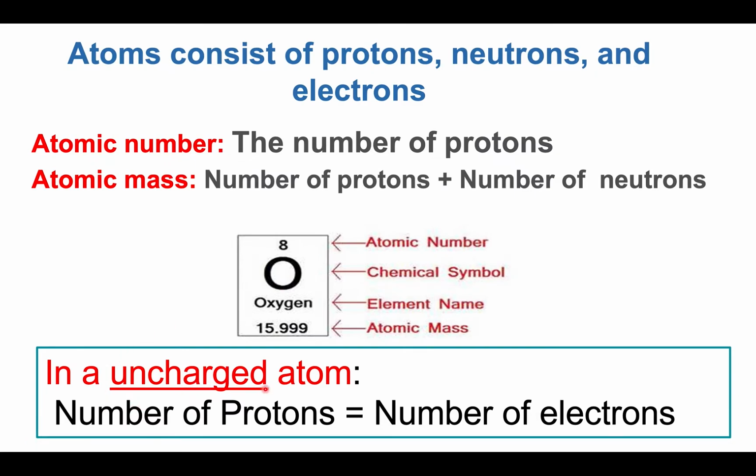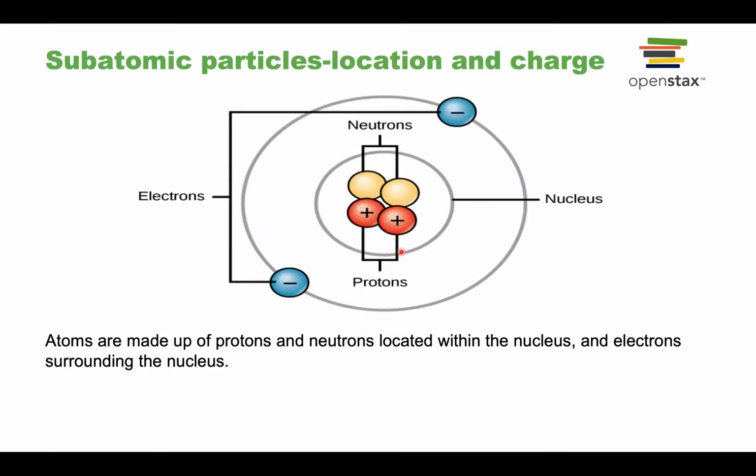In an uncharged atom, the number of protons and the number of electrons are the same. Well, that's because protons and electrons carry opposite electrical charges, and we know that opposite charges can neutralize one another. So if an atom has an equal number of protons and electrons, then that atom is uncharged. It does not carry an electrical charge. Okay, so that's why we are saying that only in an uncharged atom, the number of protons is equal to